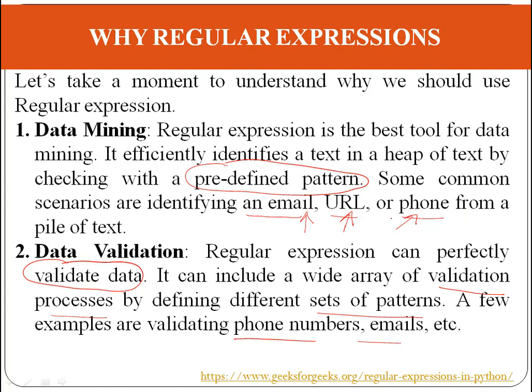How is it being done? Because in the background in programming, they have defined that if the user is entering an email ID, there should be some characters over here, and after the characters some characters will be there, right? And then the at the rate symbol is required, and after that again some characters, then a dot is required, and then either three letters like com, or co or in or something like that. So this is the pattern.